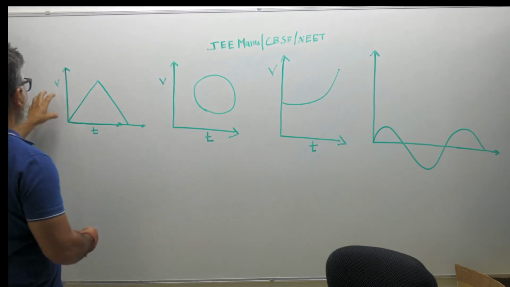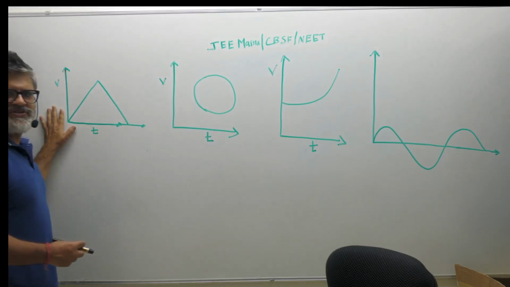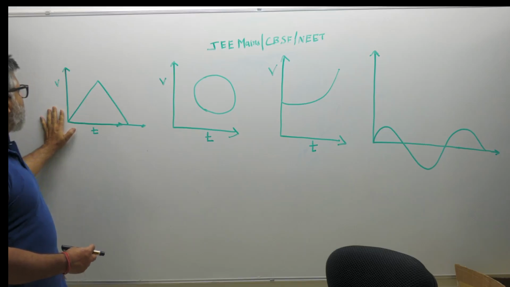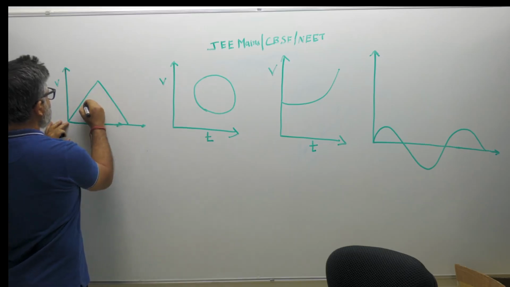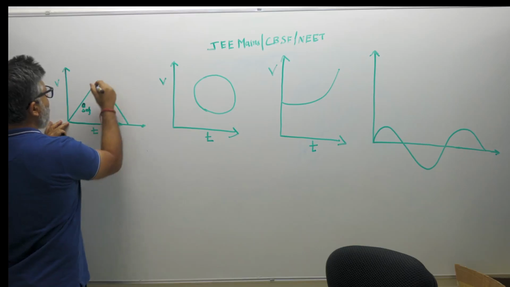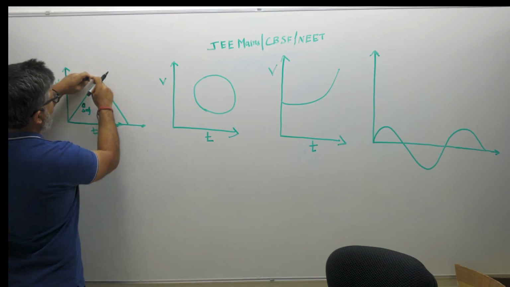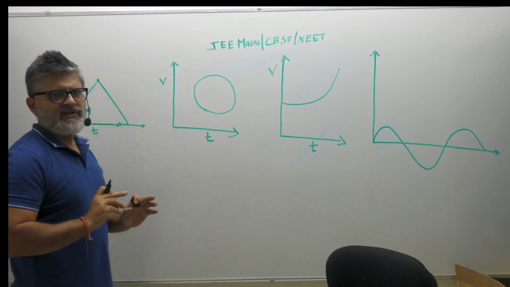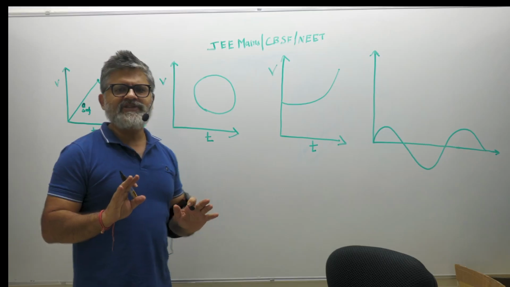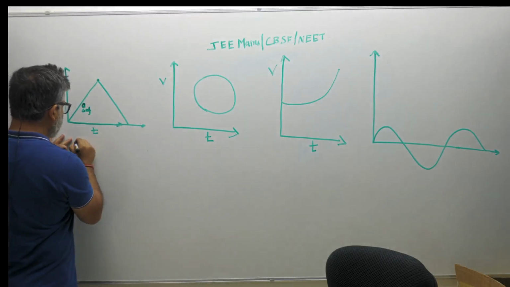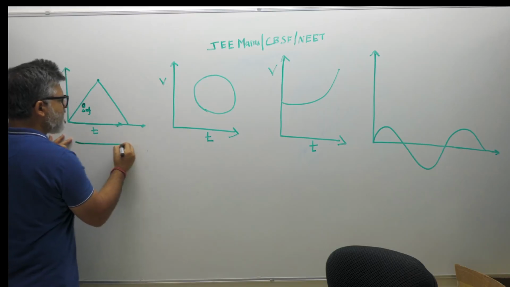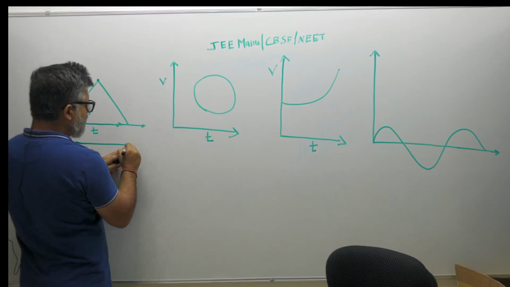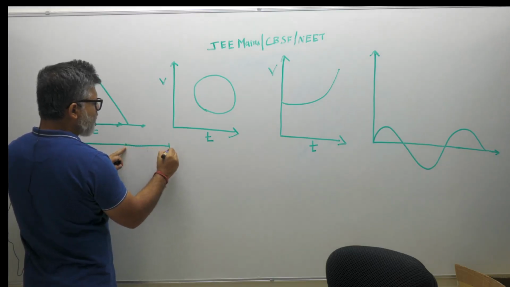So this is a VT graph. In this VT graph, if you notice, the velocity increases first. So this is uniformly accelerated. It attains the highest velocity and then uniformly decelerates. This can happen in a one dimension motion. So if you have a car, it increases the velocity, it reaches the peak velocity, you start applying brake, and then your velocity goes down and becomes zero.